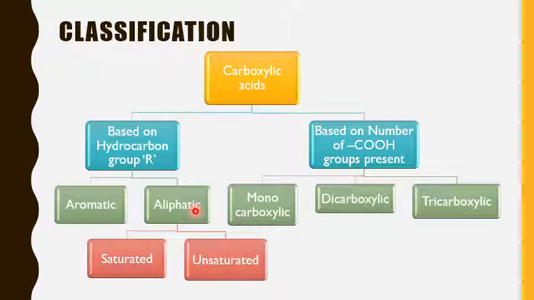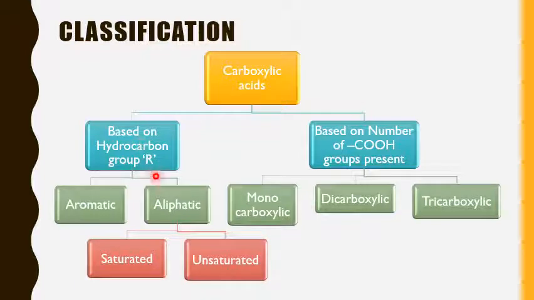What do you mean by saturation? Saturation means all the valencies around carbon are satisfied by single bonds, sigma bonds I can say. And if you say unsaturated, that means the four bonds are not truly sigma bonds. There is some unsaturation, that means they are having some pi bonds also. Therefore, an aliphatic hydrocarbon chain could be either a saturated hydrocarbon chain or an unsaturated hydrocarbon chain.